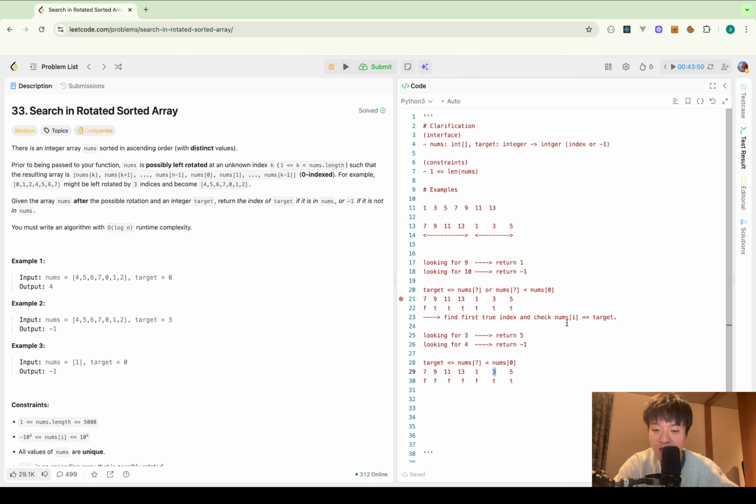First true index, and check that the number at that index is equal to target. If it's true, I return this I, otherwise I return -1. Okay. So that being said,